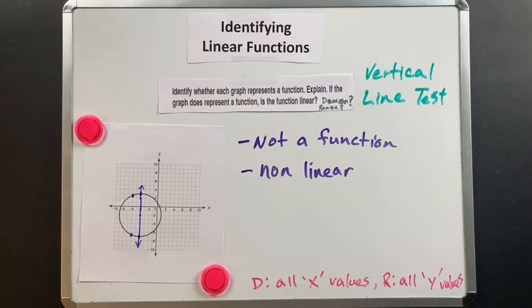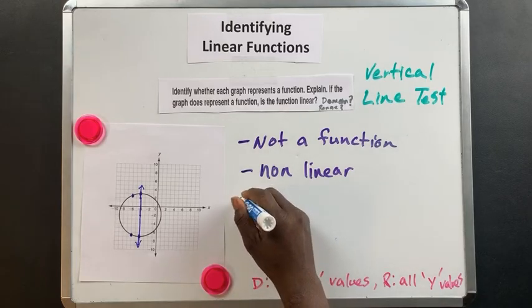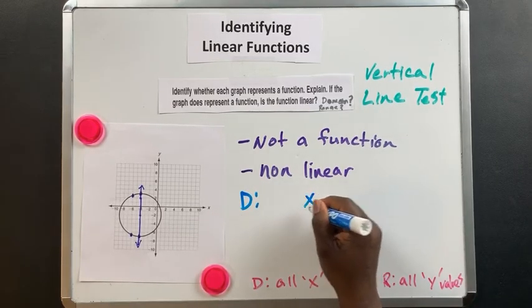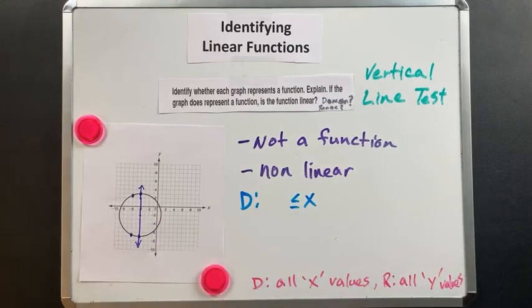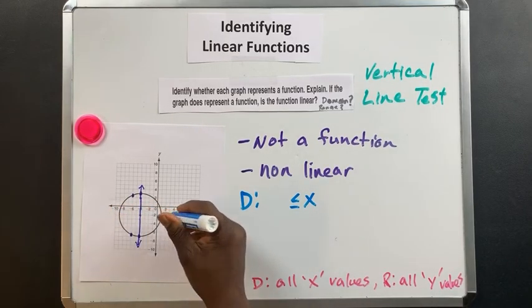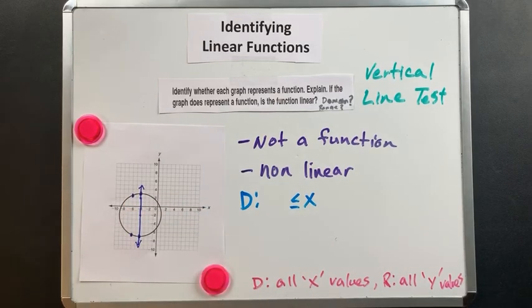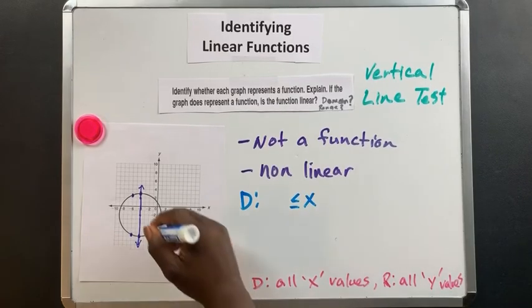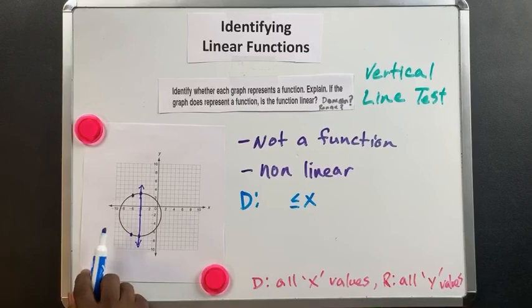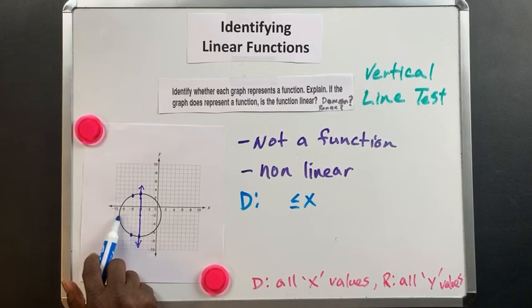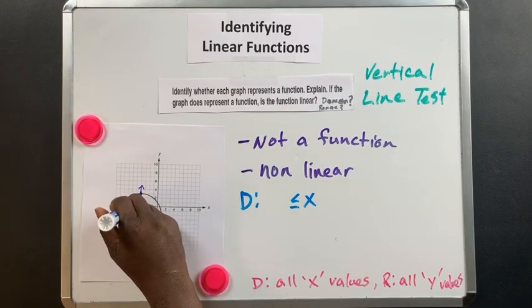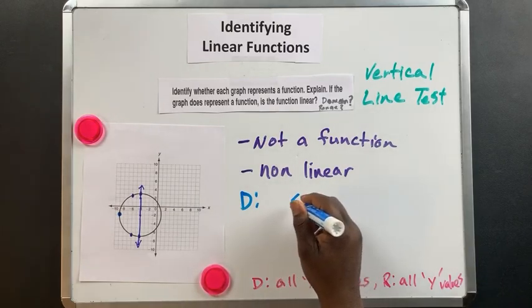Okay? So, let's see here. Remember, domain refers to all x values. Okay? So we're going to say x is greater than or equal to, examine the graph. What's the lowest point that appears on that graph? Referring to the x values. All right, if we say this is the center, well, let's look right here. This is the furthest x value on the graph. If that's 10 and that's -8, then that right there, the x value is -9. So all x values greater than or equal to -9,